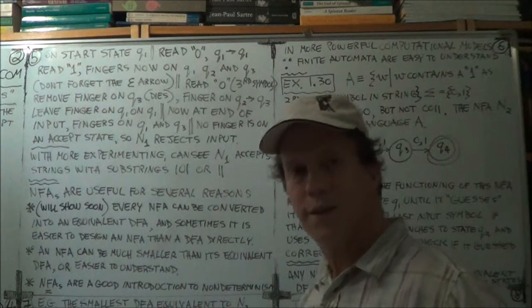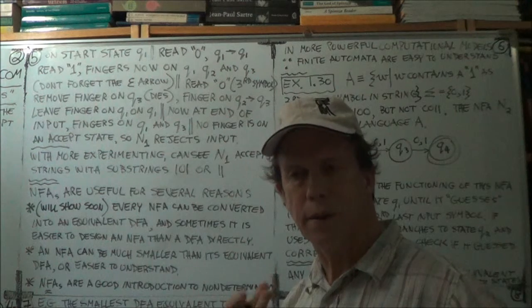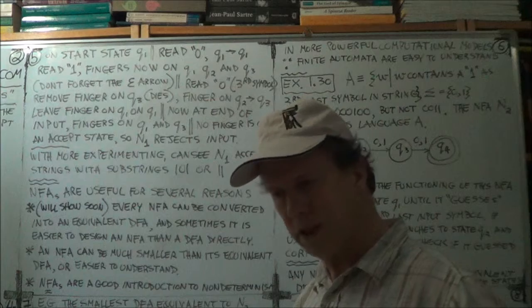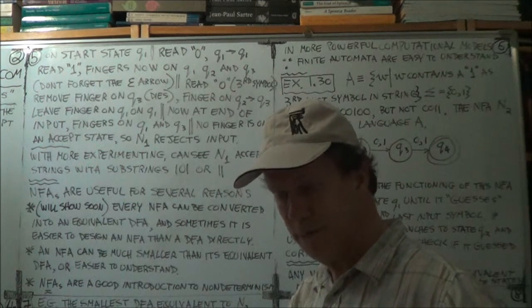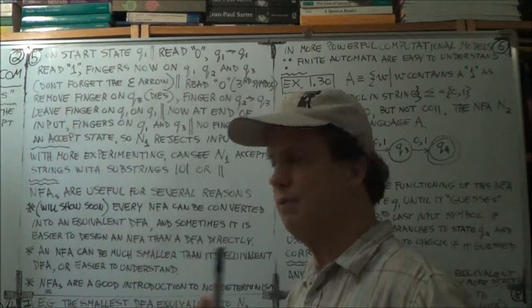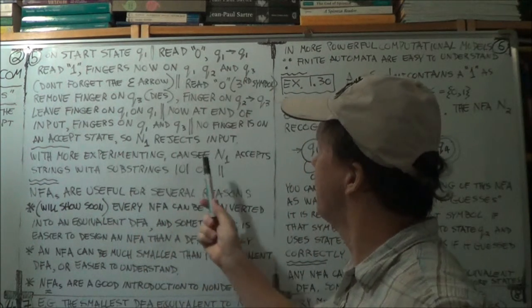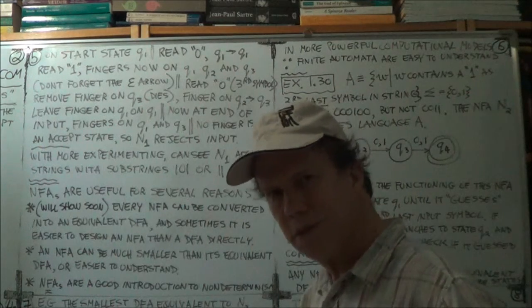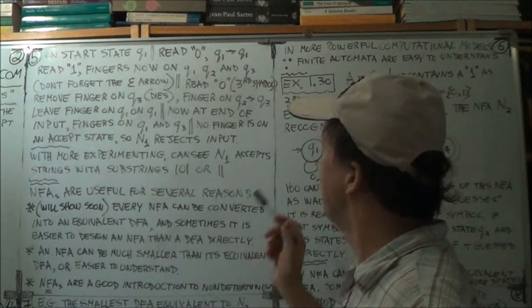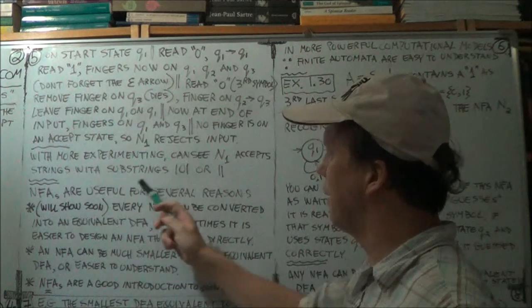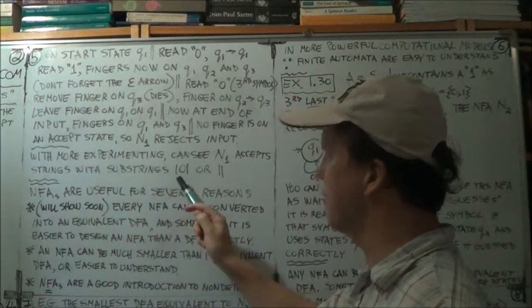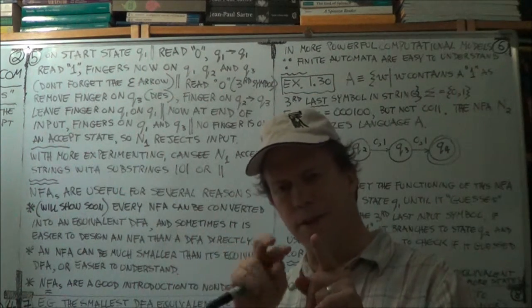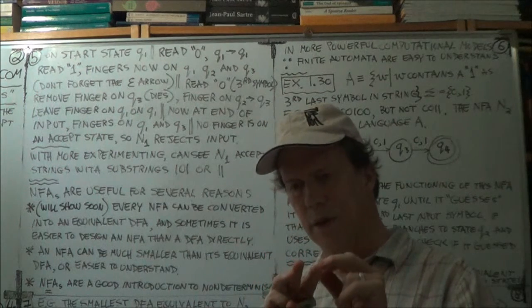Now, you may ask, what is this NFA doing? What language does it recognize? You need to do a bit of experimenting, and you can try that for yourselves as a bit of homework. I have not done it, but the conclusion is, with more experimenting, inputting various strings and seeing what happens, you'll find that N1 accepts strings that have certain substrings somewhere in the string. Remember, a substring is a sequence of symbols